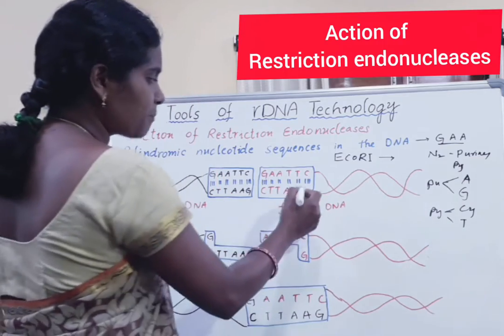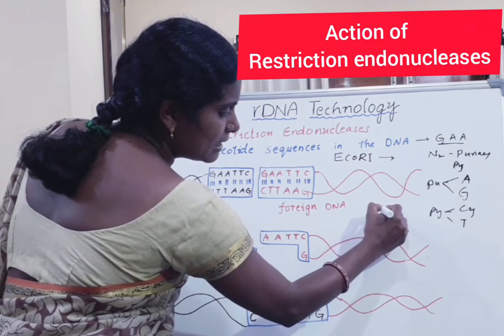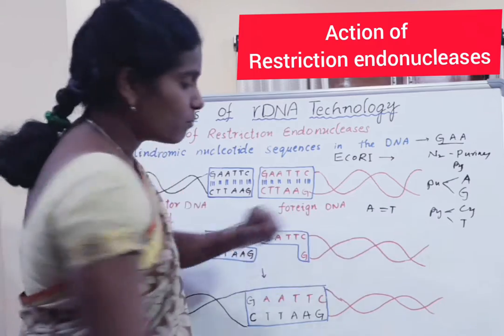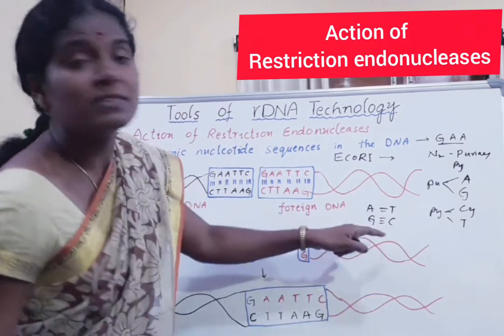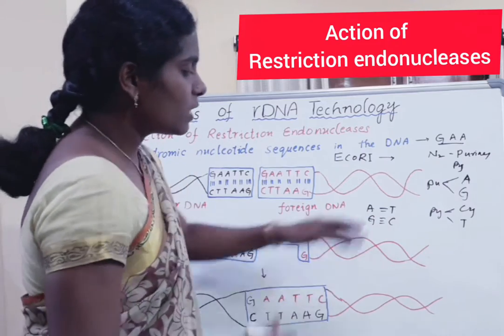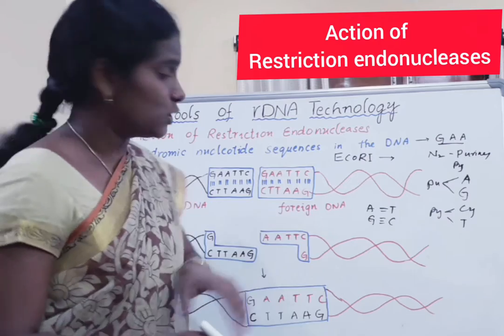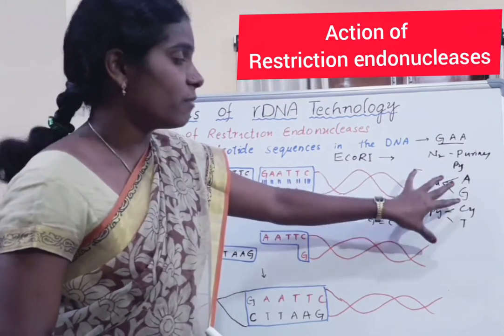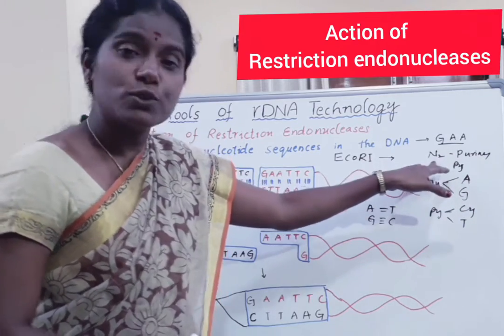Always one purine binds with one pyrimidine. Adenine always binds with thymine with two hydrogen bonds. Guanine always binds with cytosine with three hydrogen bonds. They must bind like this, otherwise that leads to mutation. So now, students, you got a basic idea about DNA structure, that is nitrogen bases.